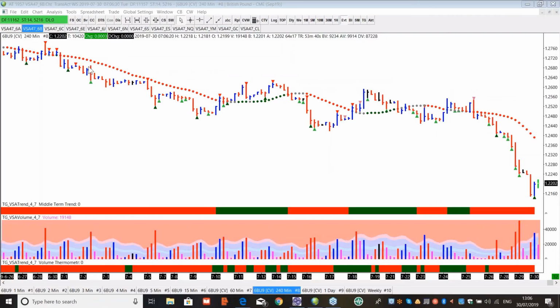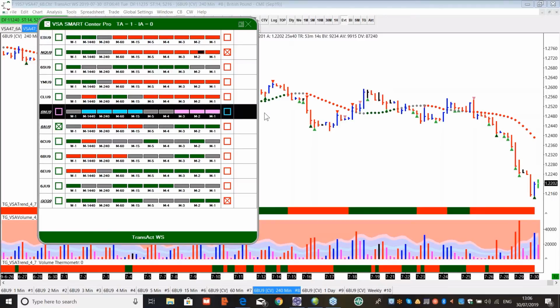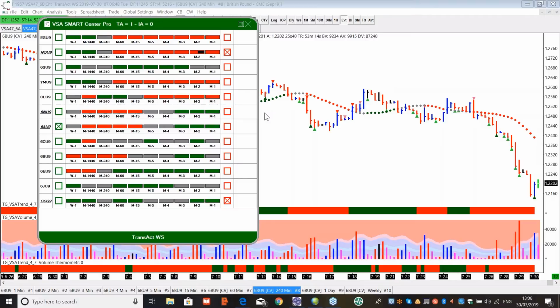Right, you should be able to see my futures chart, and what we're going to do is put up the scanners. Once I do this, you're going to see, first of all, Smart Center Pro. Can you all see that, by the way? Sorry, I just want to check you can all see it before I carry on. Can everyone see my screen? And you should be able to see an alert that's just come in. Okay, right. Everyone can see it.